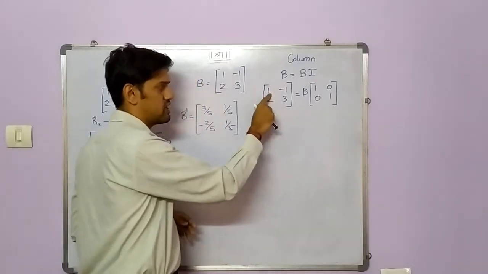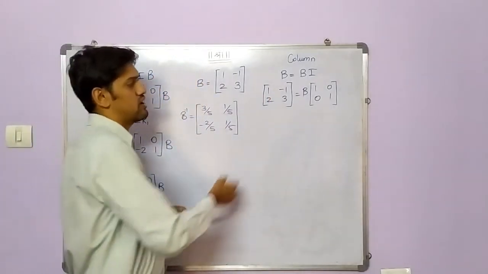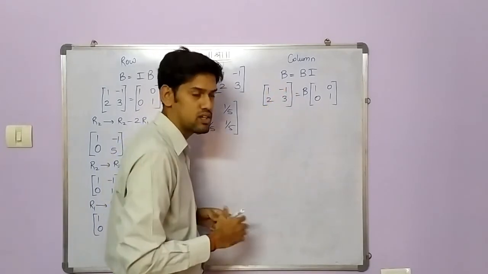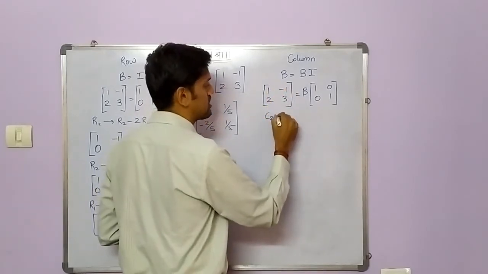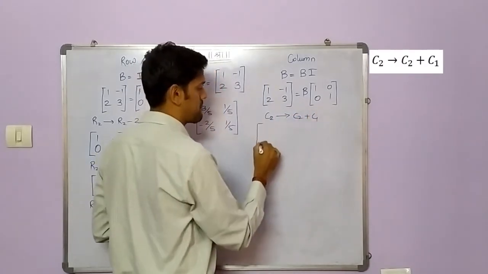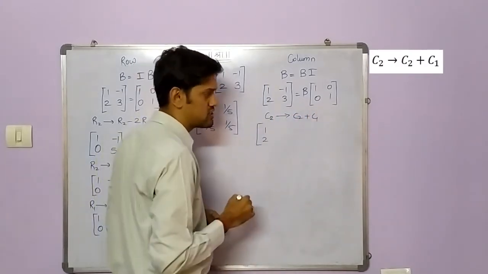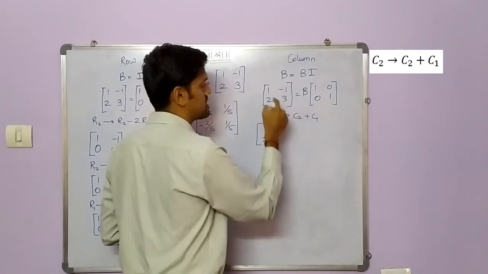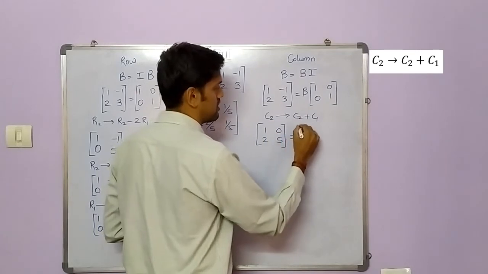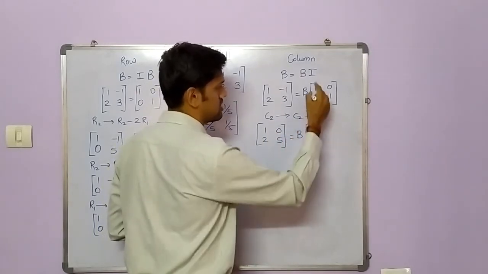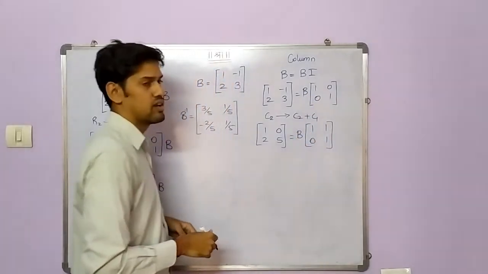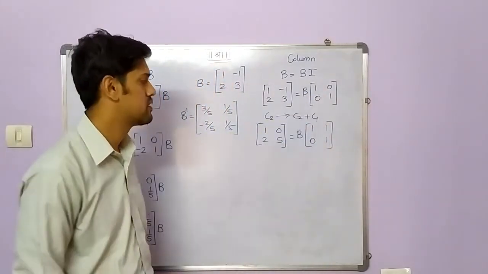First step is already done. This is already 1. So now what I'll do is make this 0. To make this 0 using this, if I add them directly, it will become 0. So my first step will be column 2 is column 2 plus column 1. First column does not change. Second column will become minus 1 plus 1, 0. 3 plus 2 is 5. Here B will remain as it is. This will be 1, 1. Column 2 plus column 1.